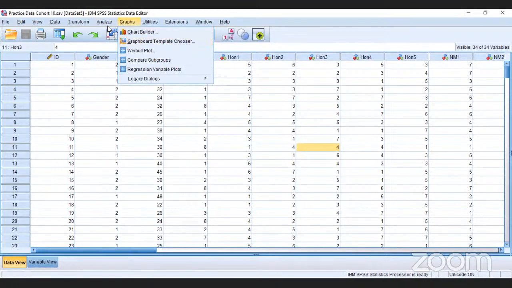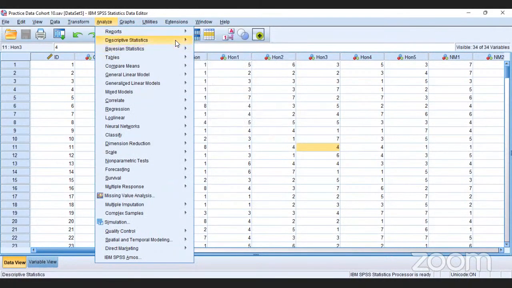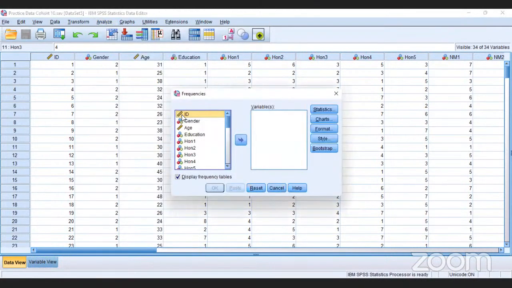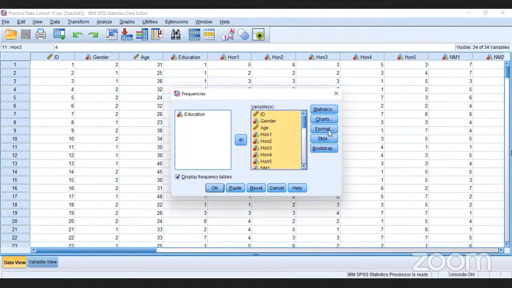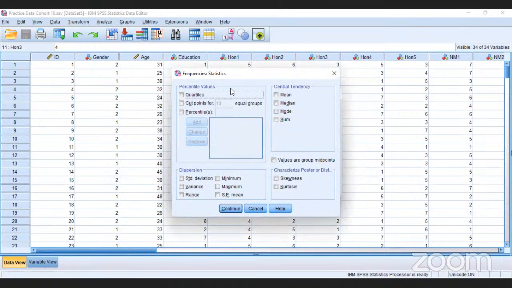How do you do that? Very easy, ABC. You just go there, select percentages, take frequencies, and you can just run everything. You just transfer it, right? Keep display frequencies ticked. If you go to statistics, you see the different options, as we saw: frequency, measures of central tendency, mean, median, mode, skewness, kurtosis, all of this. We saw them when we were doing basic concepts. If you click OK now,